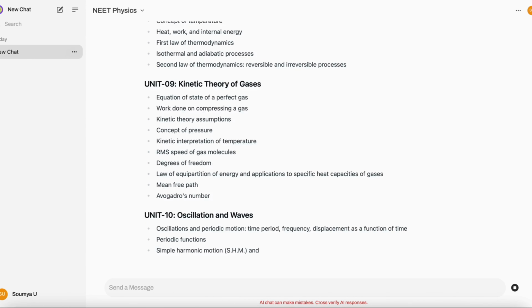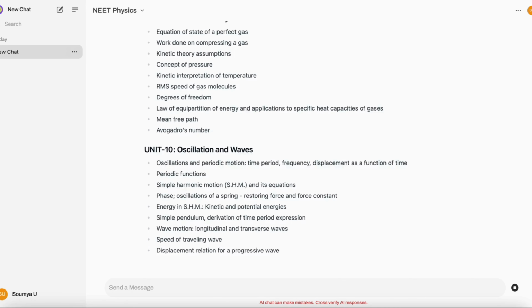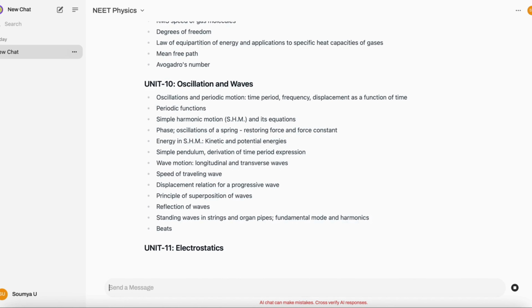Unit 10, Oscillation and Waves: Oscillations and Periodic Motion, Time Period, Frequency, Displacement as a Function of Time, Periodic Functions, Simple Harmonic Motion, SHM, and its Equations, Phase, Oscillations of a Spring, Restoring Force and Force Constant, Energy in SHM, Kinetic and Potential Energies, Simple Pendulum, Derivation of Time Period Expression, Wave Motion, Longitudinal and Transverse Waves, Speed of Traveling